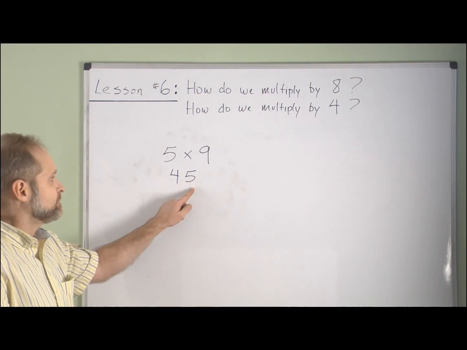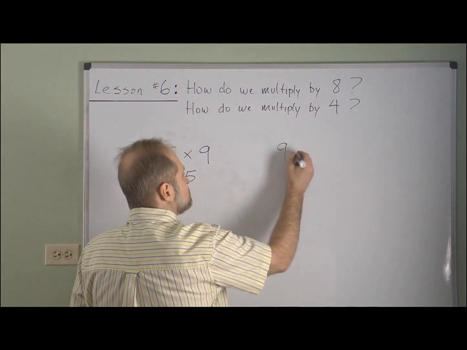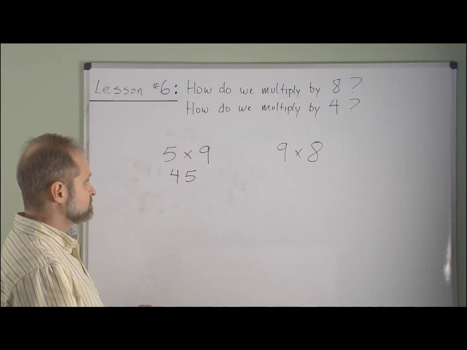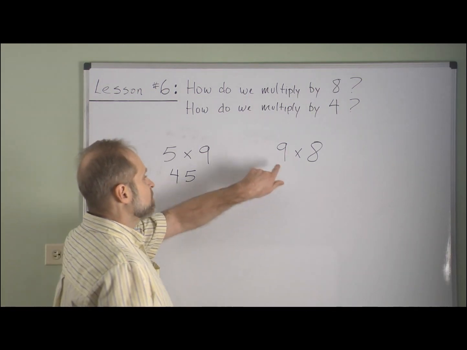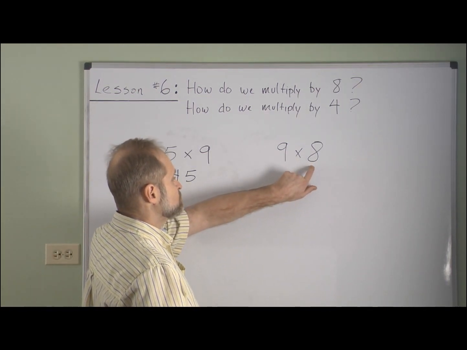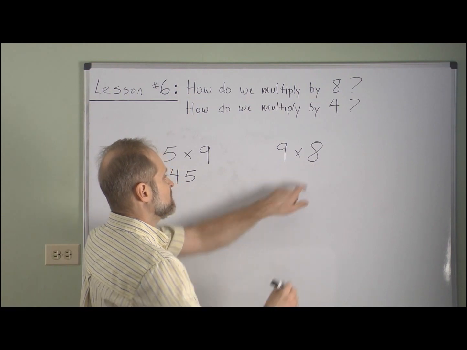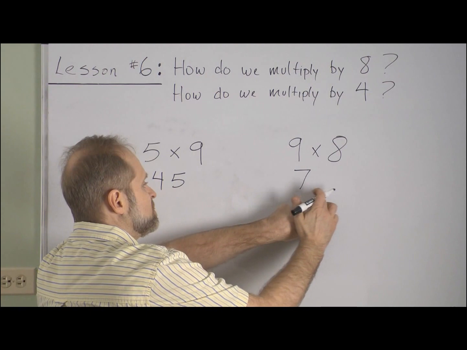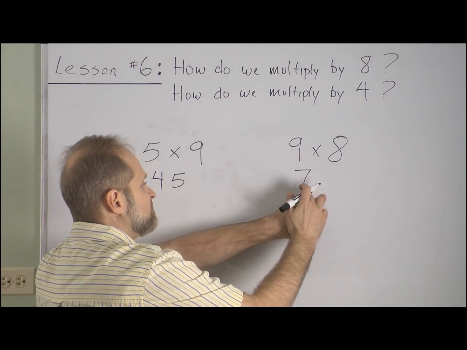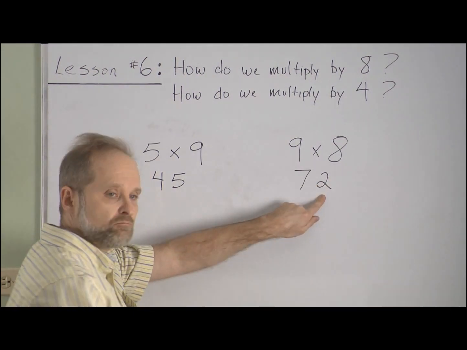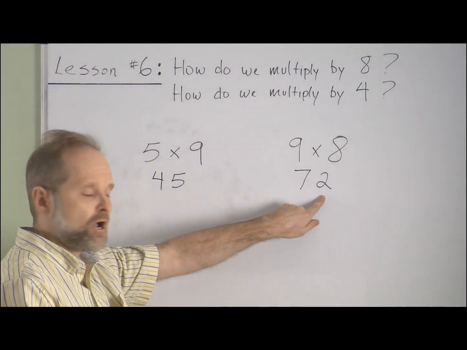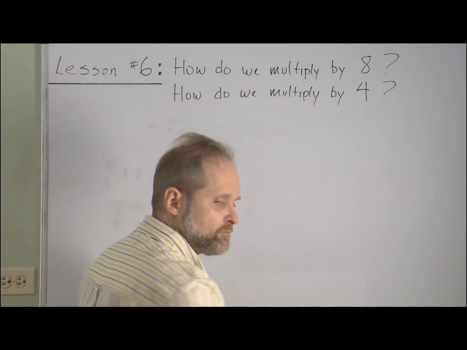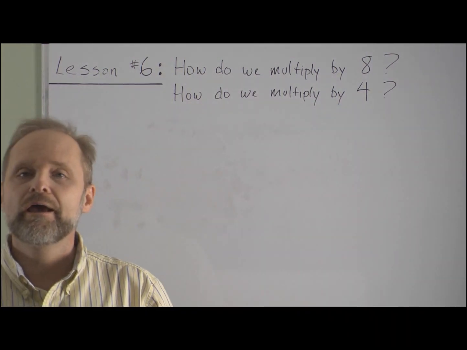Let's try this again. Suppose we have 9 times 8. Well, what do we do? We go to this number that's not 9. Here it's 8, and we subtract 1. 8 minus 1 is 7. Now, 7 plus what digit gives us our 9 back? 7 plus 2, so it's 72. Okay. Those couple of things I wanted to make sure we mentioned because those are some other helpful ways to